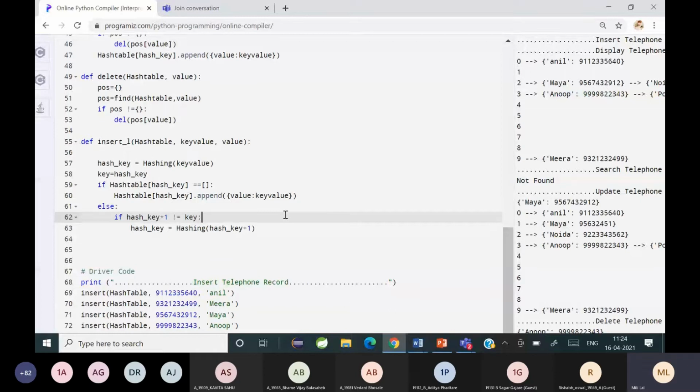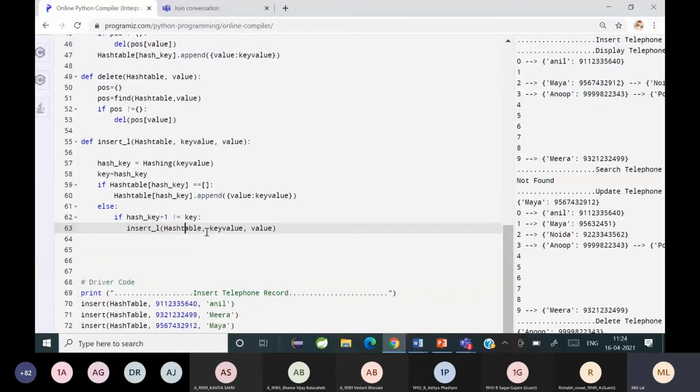Again, I have to repeat the same process, right? Yes, ma'am. So I have to repeat the same process. So instead of finding here like this, I can call this function itself right here, recursively, because I have to go on checking what the key value is here. Key value is going to be hash key.